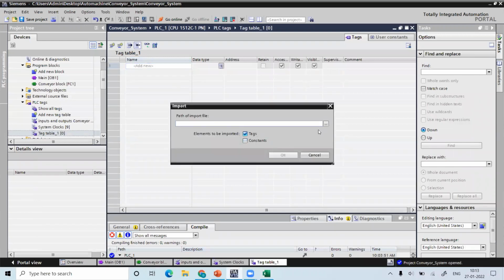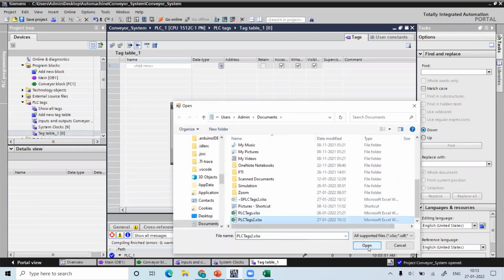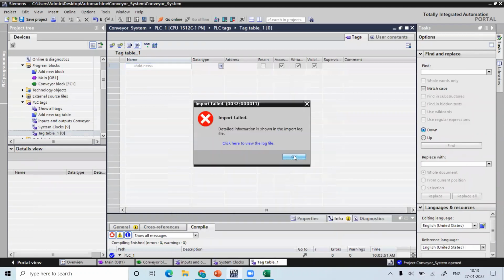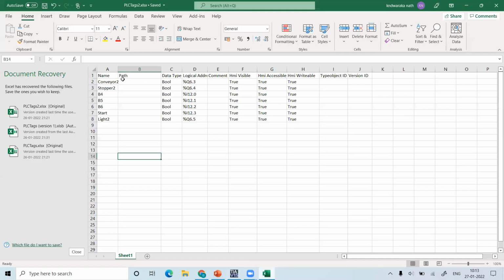Or try to import. Yeah, no problem, it is failing. I'm going to copy this one. So all the data, I'm going to copy it.